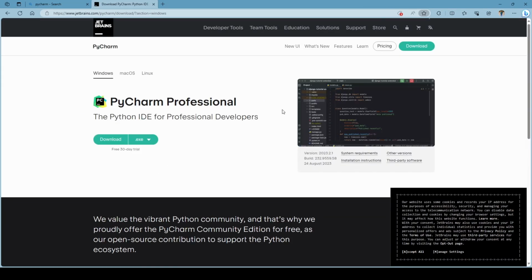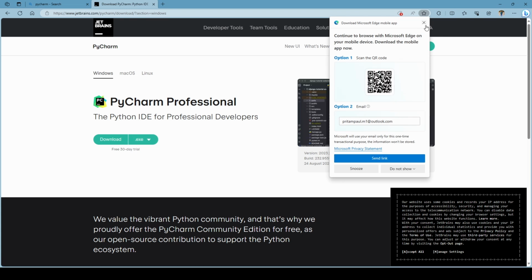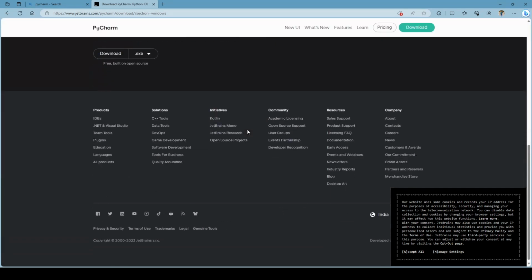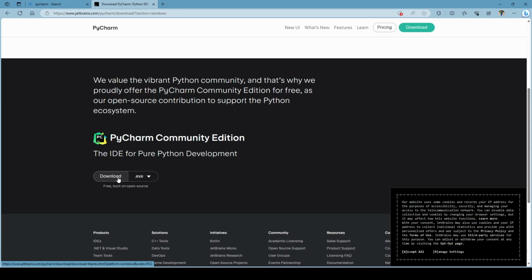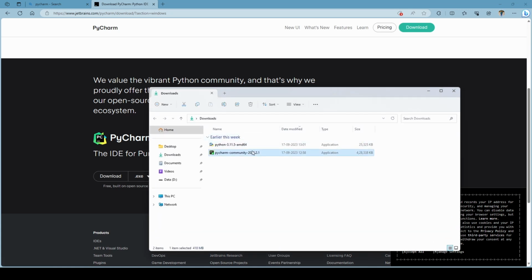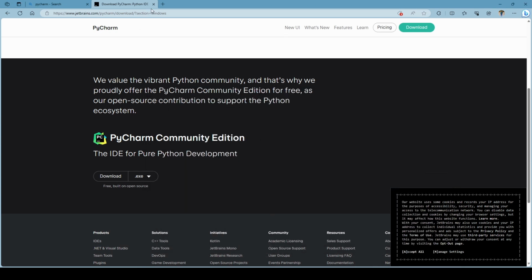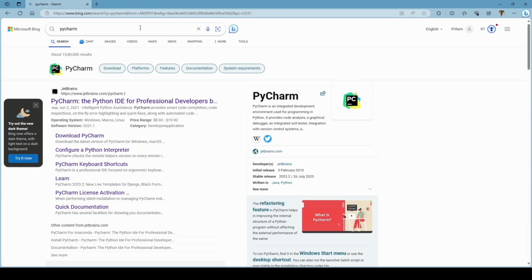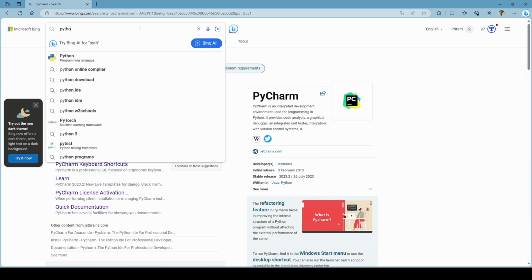If you can afford that, that is fine, but I would say use the community version. You click the download button here and it will get downloaded. I already downloaded it, and that's why I am here. PyCharm I have, and Python also I have. So I'm going to show you both things, how to download them, starting with Python.